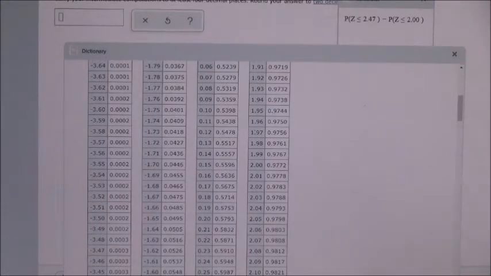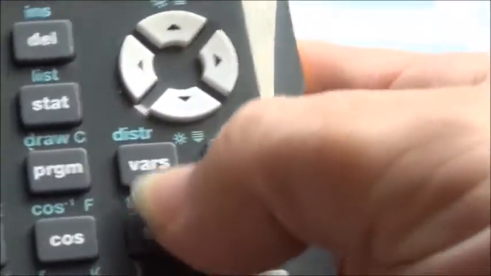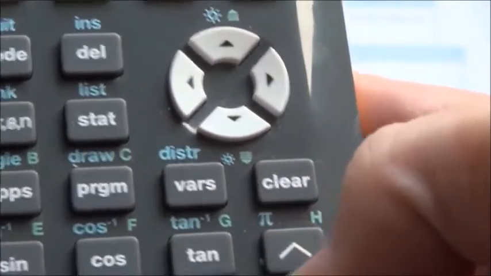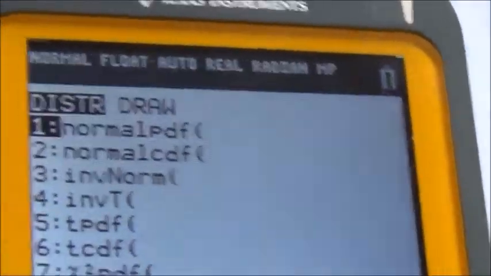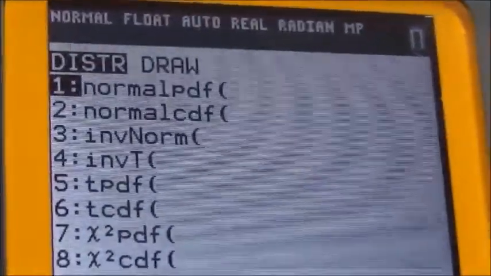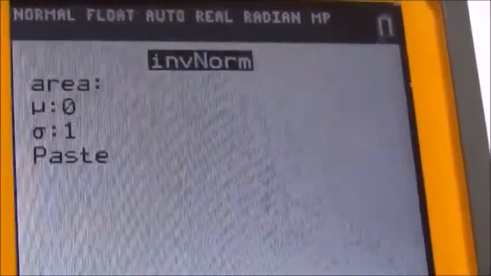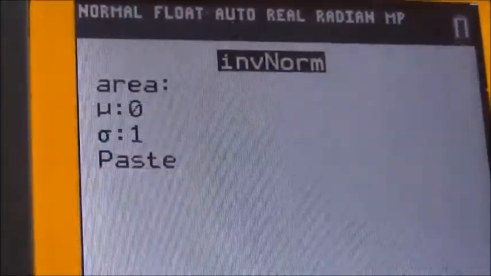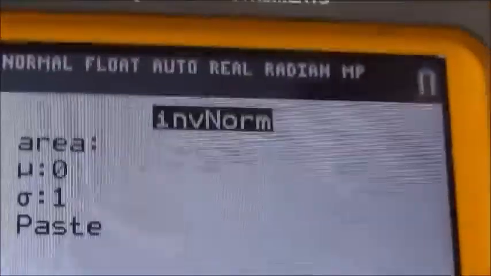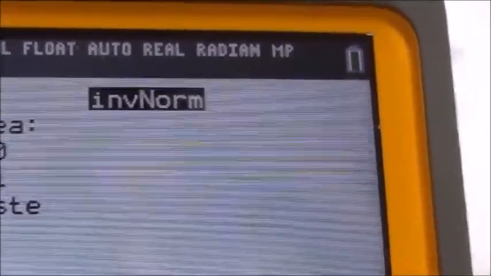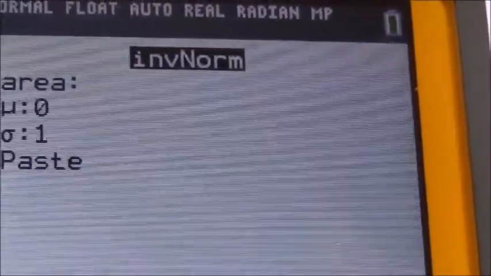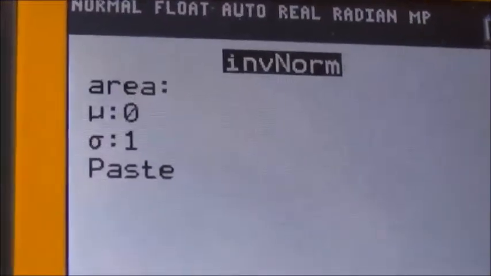On my graphing calculator, let me go ahead and clear that out. Again, I am going to use the second function button, which is the blue one, the VARS key to bring up my distribution menu, but this time I'm going to use number 3. Number 3 says the inverse normal. I'm doing the opposite of my normal, so I'm going to put in the area. Again, you see the mean and the standard deviation are equal to 1. So if I am looking for the area to the left of 0.9671, or the area that's 96.71%,